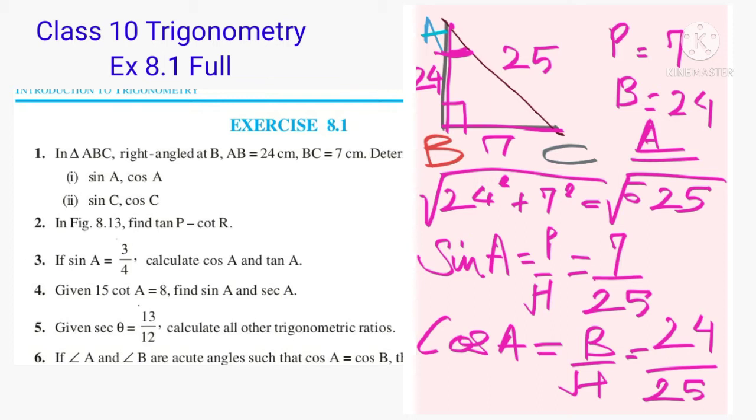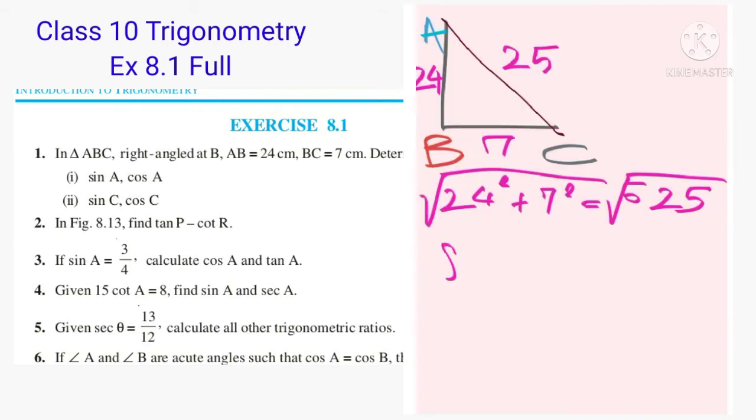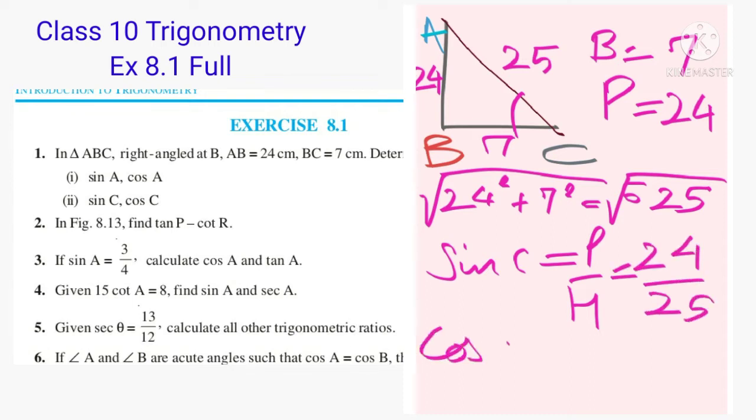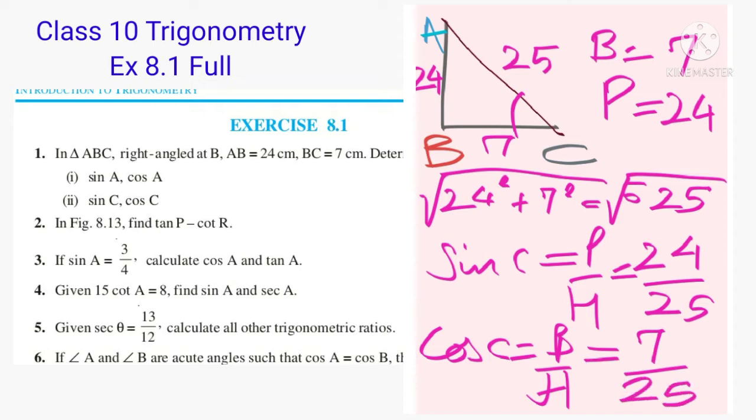Let us go to sin C. Now for sin C, when I am considering the angle C, my base becomes 7 and perpendicular becomes 24. So formula for sin C is again "some people have". So this gives me 24 by 25. And formula for cos C will be, you know that it is "brown here", that is base upon hypotenuse. Now base is 7 and hypotenuse is 25. So I am again repeating, when you are considering angle C, then the line joining 90 degrees to angle C will be the base. Now my base will be 7 when I am considering angle C.